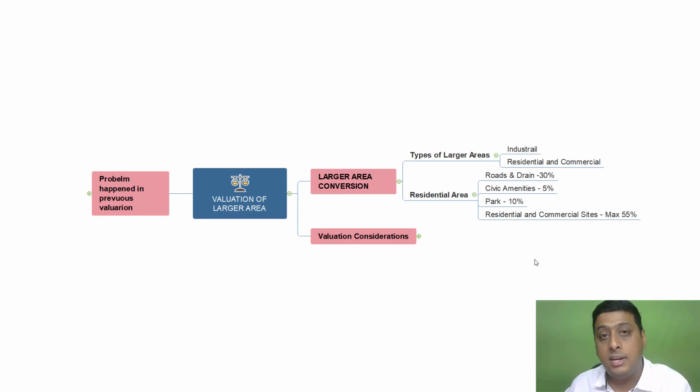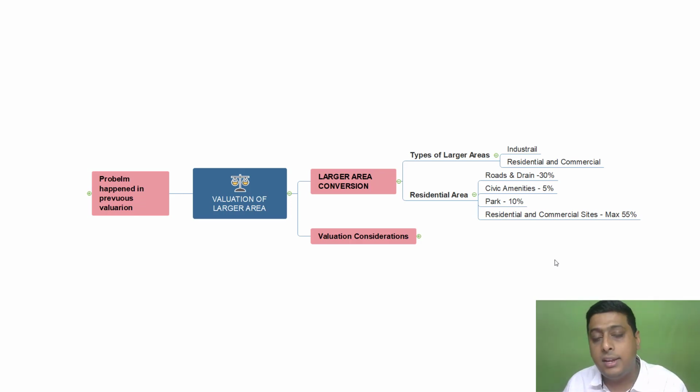The sites which are located very near to the main roads or the highways are converted to commercial sites, which have a value approximately 30 to 40% more than the residential value. For example, if the value of the residential plot is 1000 rupees per square feet, the commercial site will be anywhere between 1300 to 1400 rupees per square feet. So it depends upon the location of the property. Accordingly, they are going to divide residential and commercial. In most cases, if the location is very remote, generally they are not going to make commercial sites. They are going to make 100% residential sites.